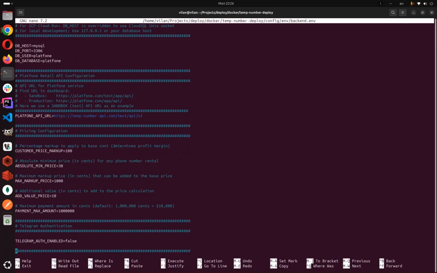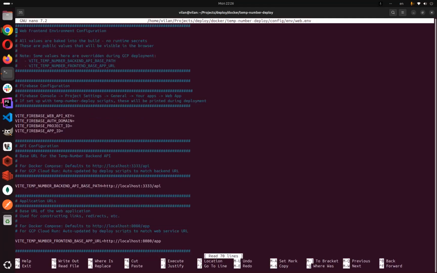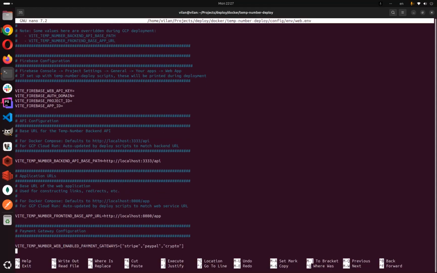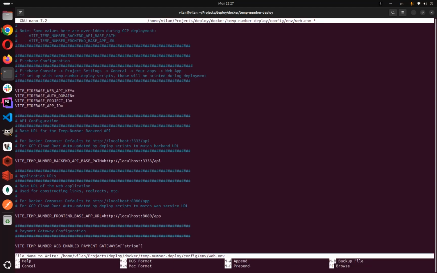We leave it as default. Ctrl-O, Ctrl-X. Now we see the web env params. Firebase params will be filled automatically by the setup wizard. So we only need to delete some payment methods and leave only Stripe. Okay, Ctrl-O,